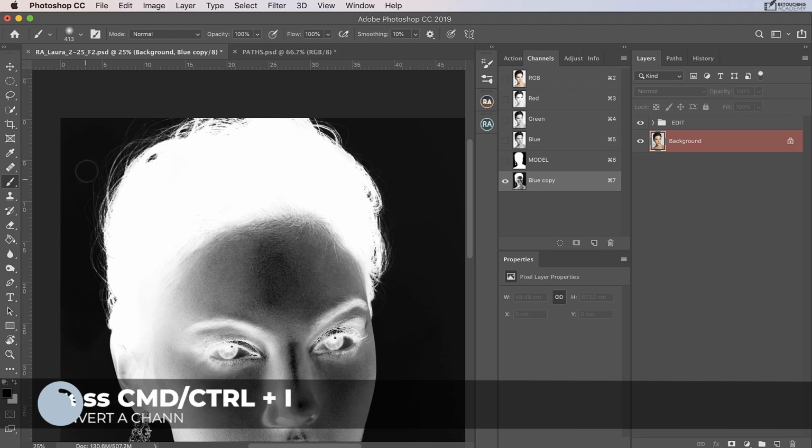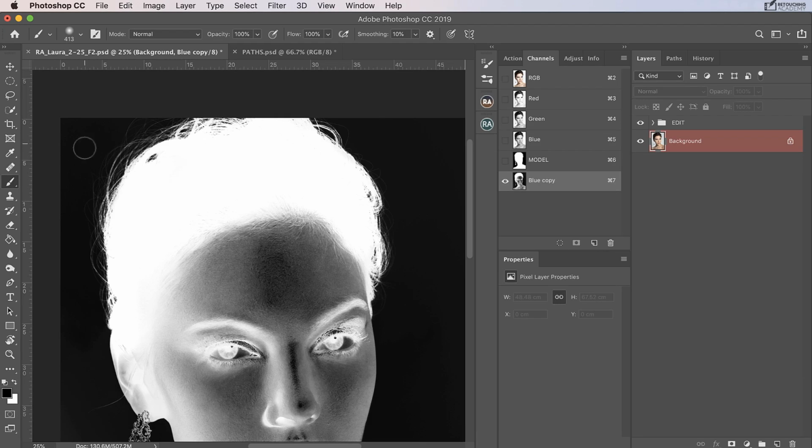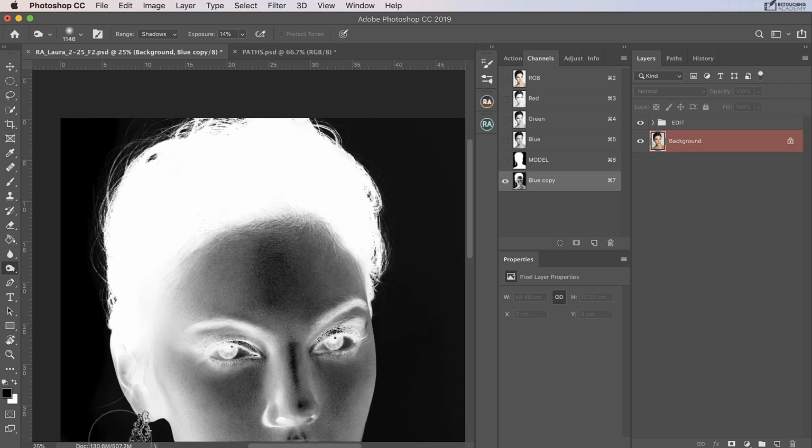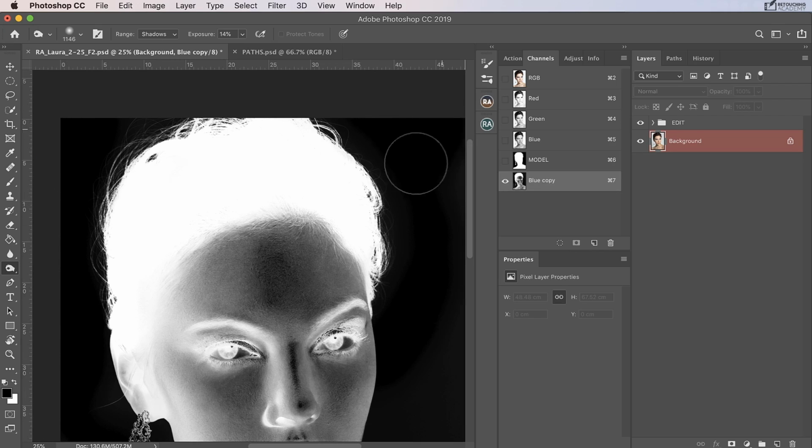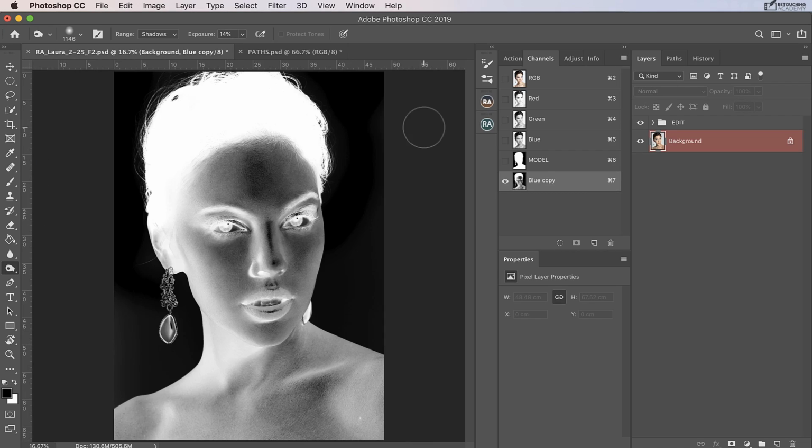And as you can see, this part of the mask or of the channel wasn't as dark as this part, and it's not pure black. So I'm going to get the burn tool now, and I'm just going to have a nice soft brush, and I'm going to go around and darken that area. And much like before, I'm going to get the lasso tool, and I'm going to go around, and I'm just going to select the hair,